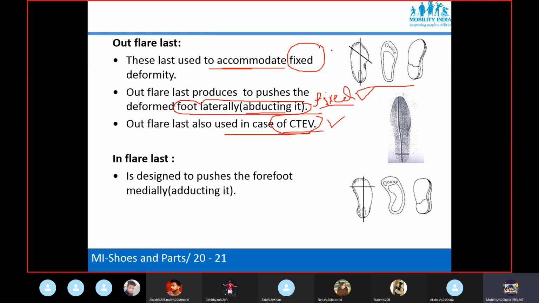Whenever in orthotics you study any deformity, it can be fixed or flexible. Where the term flexible is used, you will correct it by applying a force system. If the deformity is fixed, you will use the terminology to accommodate. You are all getting my point?